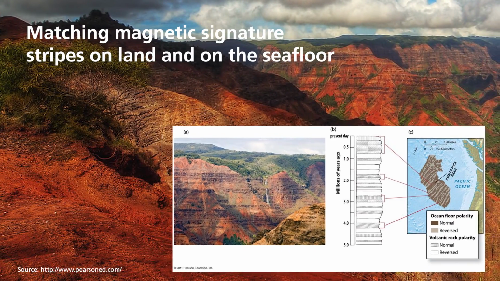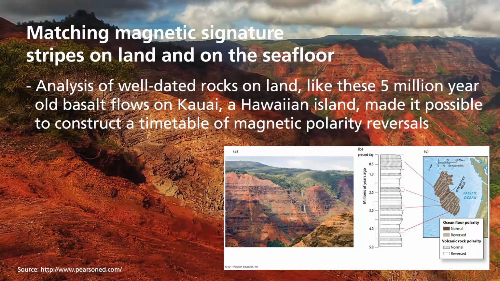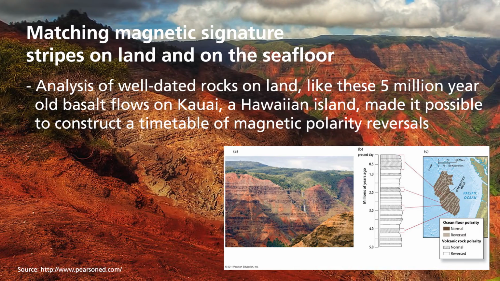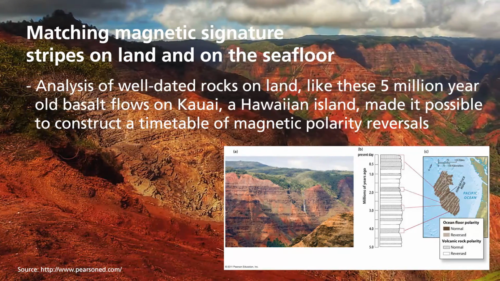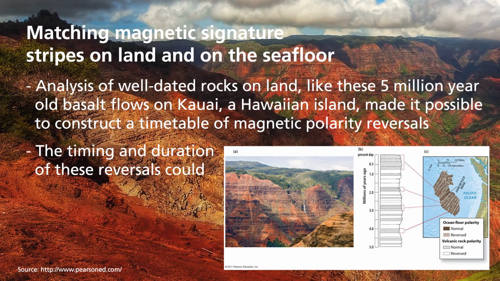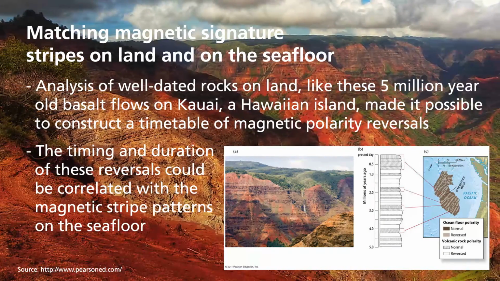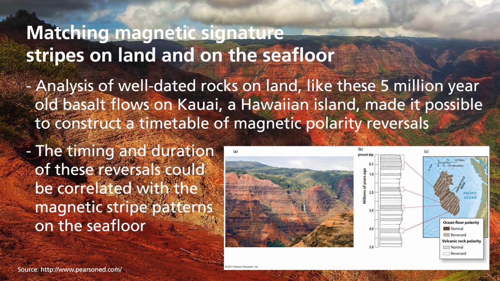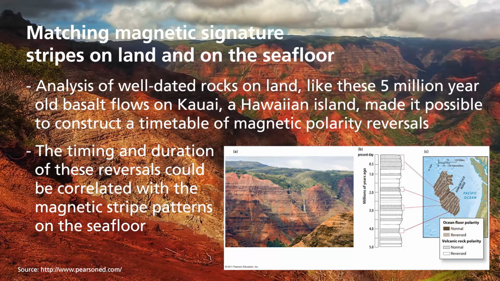So how do they match it up? Well, firstly, they did analysis of the well-dated rocks on land. Here is an example of a 5 million-year-old basalt flow on Kauai, which is a Hawaiian island. That's shown in figure A below. So they measured every single layer along this 5 million-year-old layer,